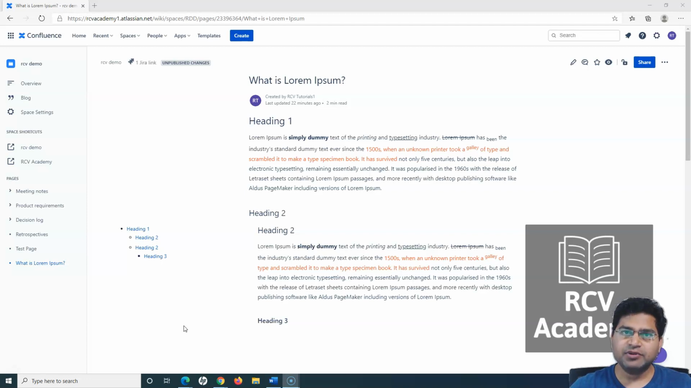So adding a table is absolutely simple and easy, as we have seen with the previous macros, how to add the macros or how to change the layout of the page. It is as simple as that. You just have to understand where to get the table from or where to navigate to add the table. What are the shortcuts to add the table? What are the shortcuts to add a column, remove a column, or add a row or remove a row within